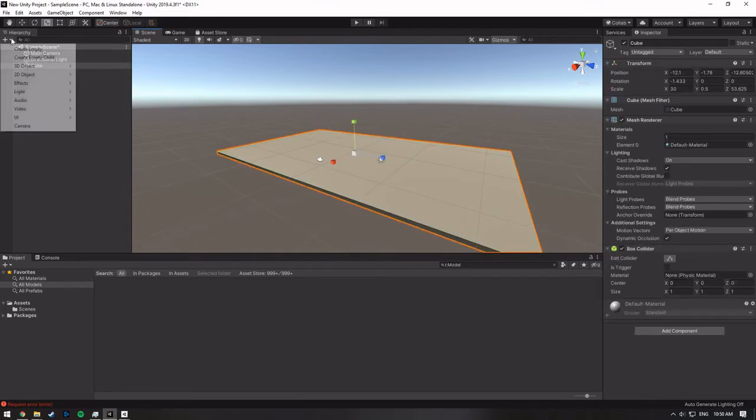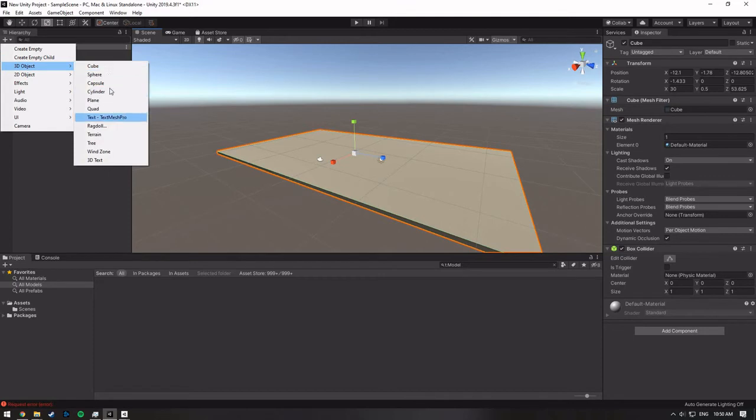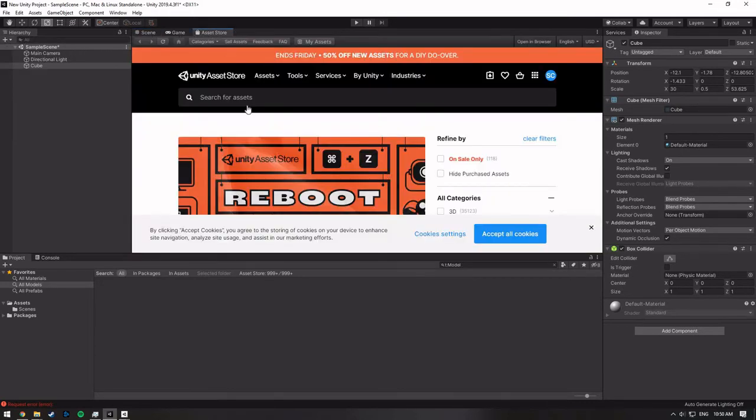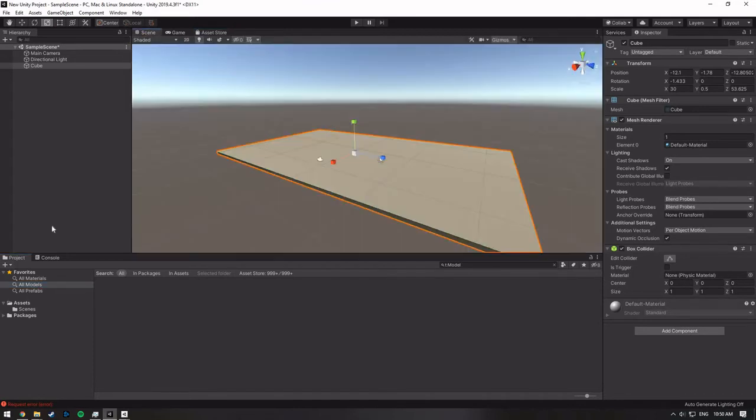So yeah, basically Unity has a bunch of preset options, although they're not very detailed, they're just basic shapes. So if you want to add actual nice elements, like for instance a chair or something, you're going to want to use the asset store. The asset store is pretty much just objects made by users of Unity, and they're either free or paid. So for instance, if we go back to the scene and we go asset store,